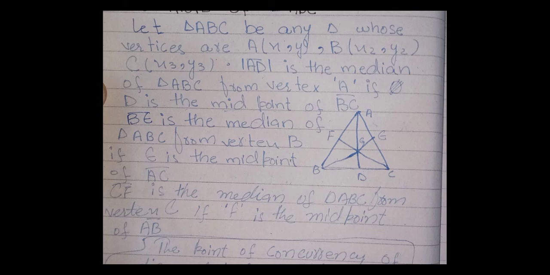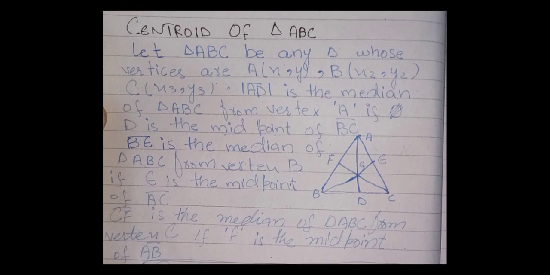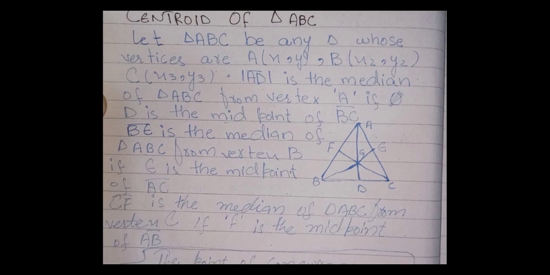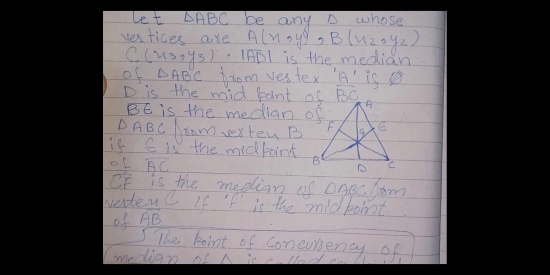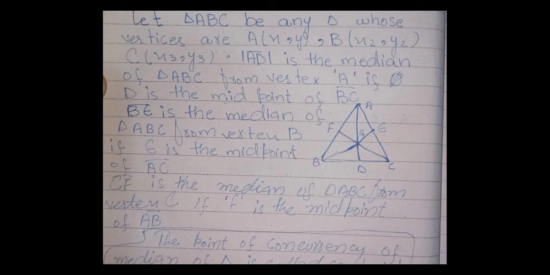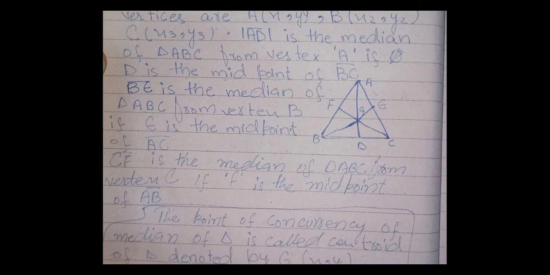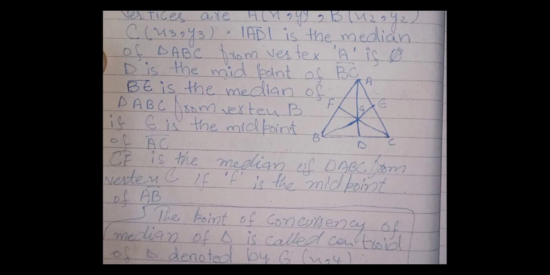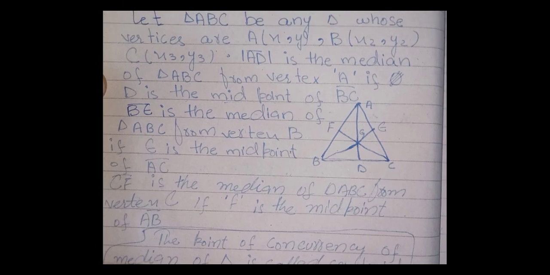And if we are talking about altitude, an altitude is just a straight line. It is not compulsory for it to cut the side in the middle. If we look at this triangle, this is an equilateral triangle, so if we draw a perpendicular from A, it cuts the front side BC at D, which is the middle. But some triangles are not always like this, if we draw a perpendicular from any vertex. These points A, B, C are called vertices.